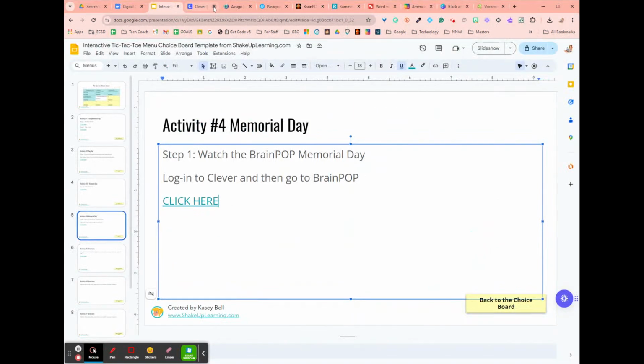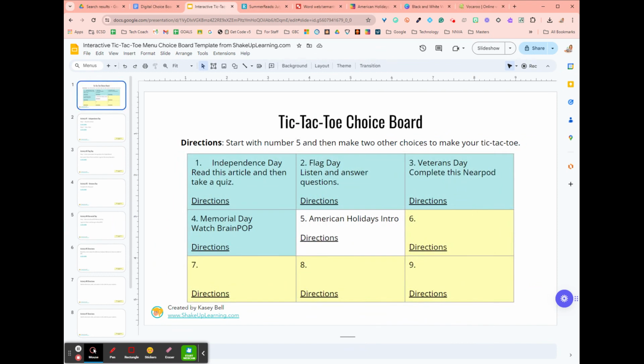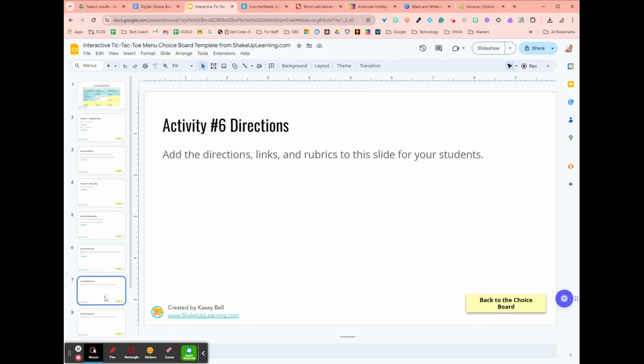All right, so we have done all the ones that teach about the different holidays. Now I want them to formatively assess. So I had a quiz here. They had activities in Discovery Ed. They had Nearpod interactive activities, and they had Brain Pop video questions as they went. So not only were they learning, they were formatively assessing, and now I want them to authentically show me what